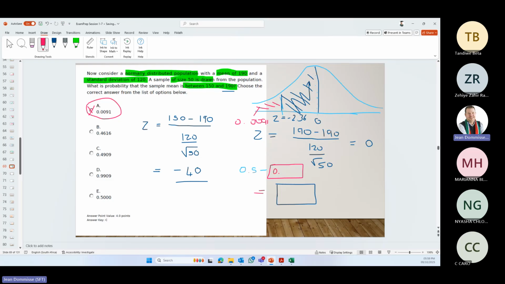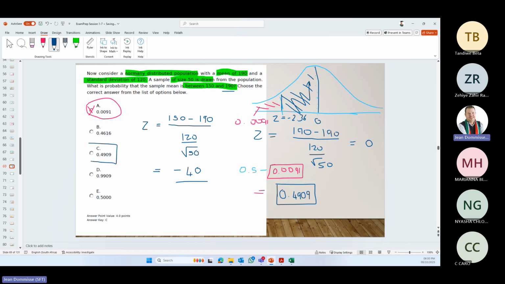We need to subtract it. It's easy in the exam to make that mistake, because you see an answer and think, okay, cool, I've got it, but you still need to do one more calculation, and that is to subtract that from 0.5, and then our answer is 0.4909,